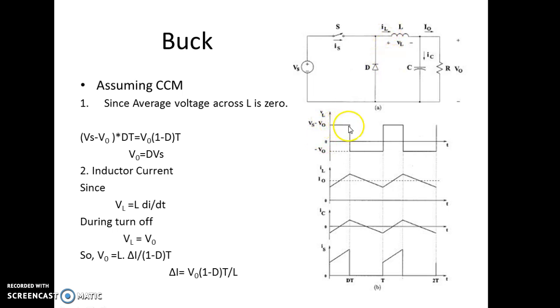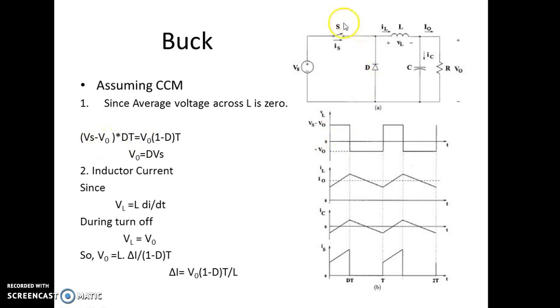So this is Vs minus V0, and when the switch is off, the inductor discharges through this, and the polarity across the inductor will reverse, and then the current will remain in the same direction. It will discharge through the capacitor, charging the capacitor and giving the output voltage as V0, and here it will be minus V0. Now using the same concept, the average voltage across the inductor is 0, so (Vs minus V0) into dt